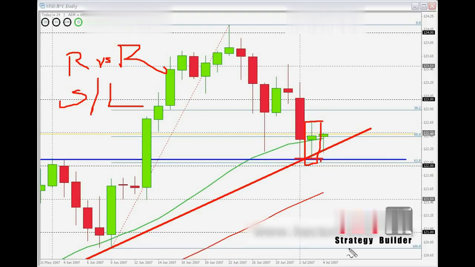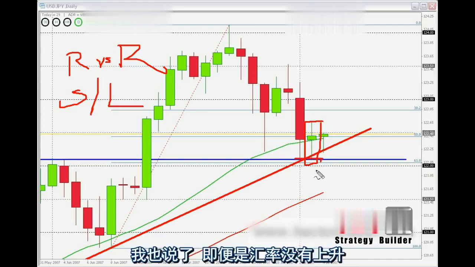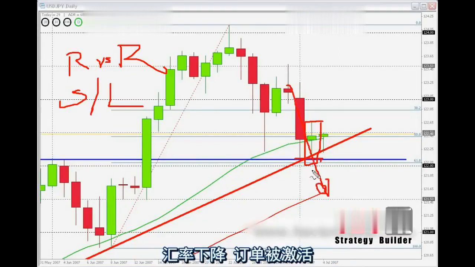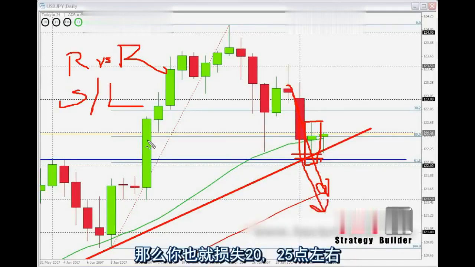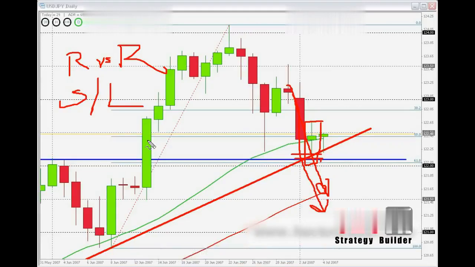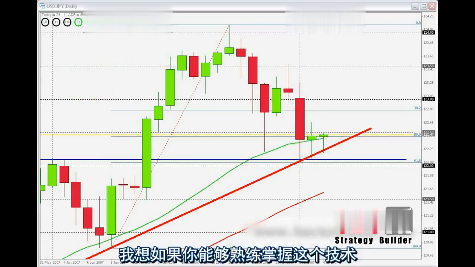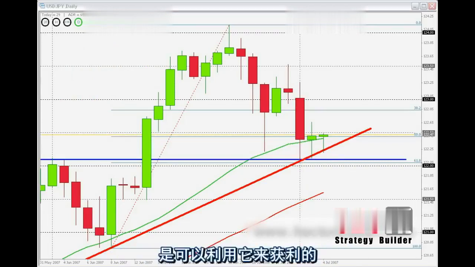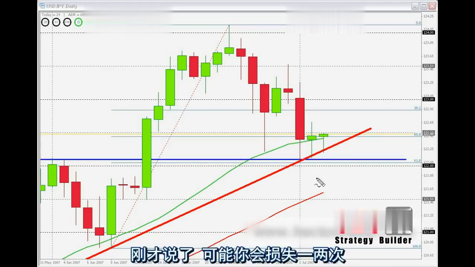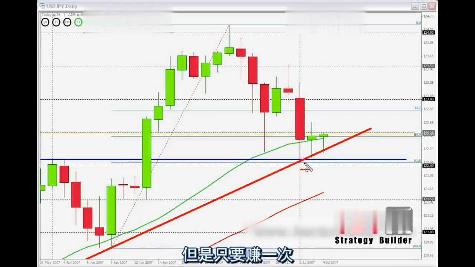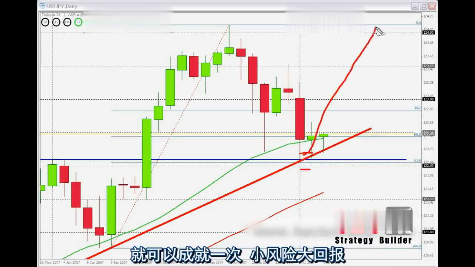And like I say, even if it goes wrong, even if price basically breaks through, you get filled in the market and price keeps dropping like a rock, you've lost what, 20-25 pips. I think if you can master this technique, it can become very profitable. Like I said, you might get stopped out once, twice, but whenever you get it right, you are getting an enormous reward out of a very small